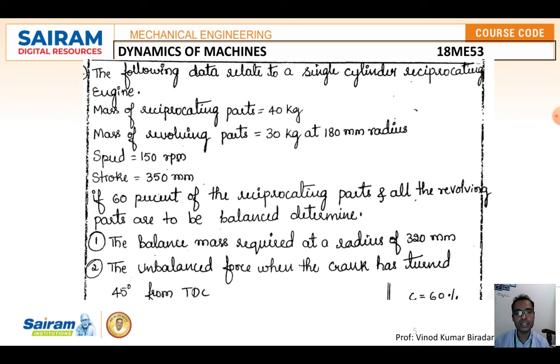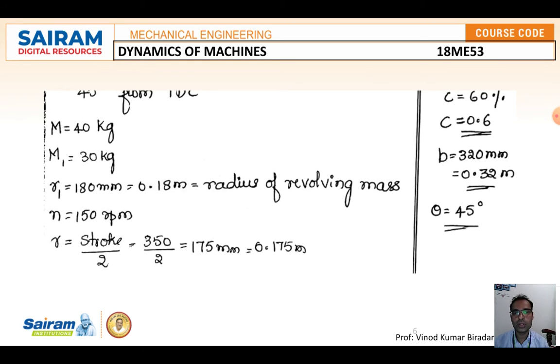Normally in any IC engine, the piston rotates through TDC, BDC, BDC, TDC. It takes up to 720 degrees to complete one cycle. From this, note down all the given data: mass is given as 40 kg,